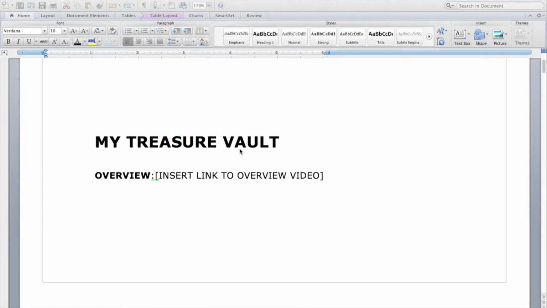The application I've chosen to use for this month is called My Treasure Vault, and the basis of the app is to give the user a single place where they can save all the details about any valuables they may have, whether it's jewelry or electronics. They could also save information about instruments or even vehicles. But it just gives them a single place where they can save information for all that stuff, just in case